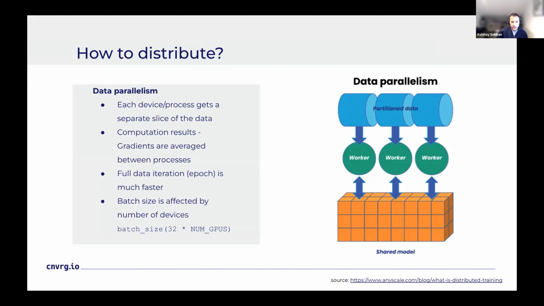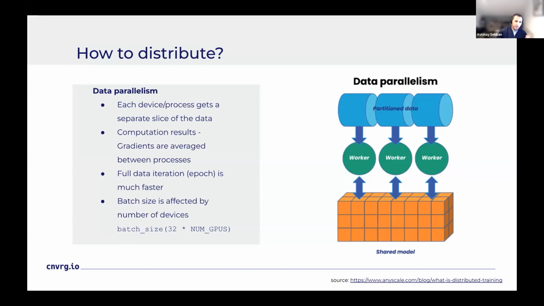So during the training, each device or process computes the gradients based on a slice of the data, and these gradients are then averaged across all devices or processes to obtain a single gradient vector. And the gradient vector is then used to update the model parameters.